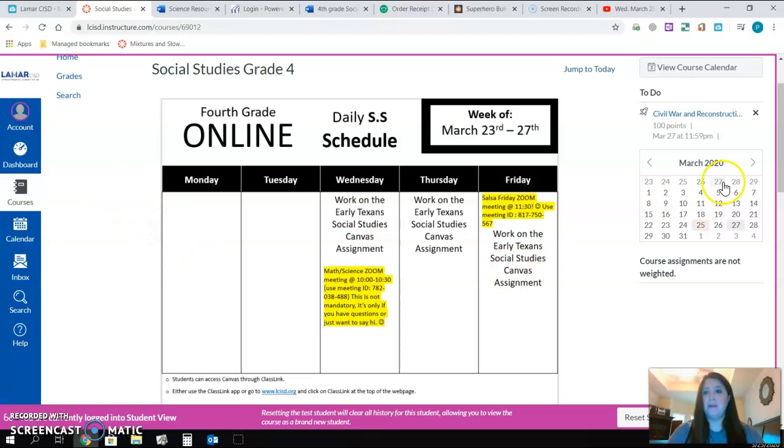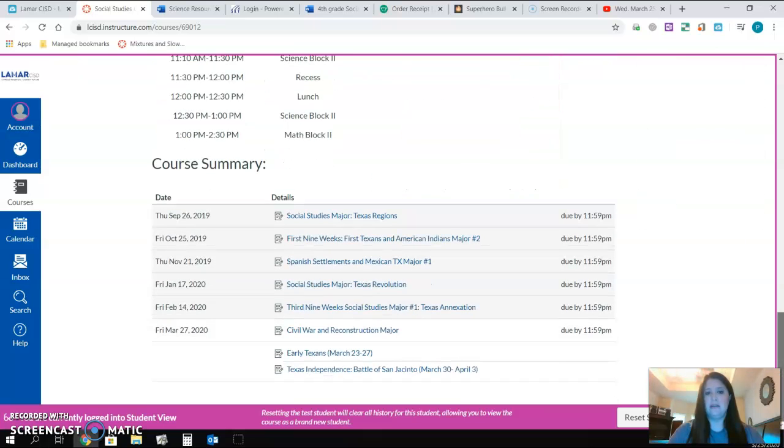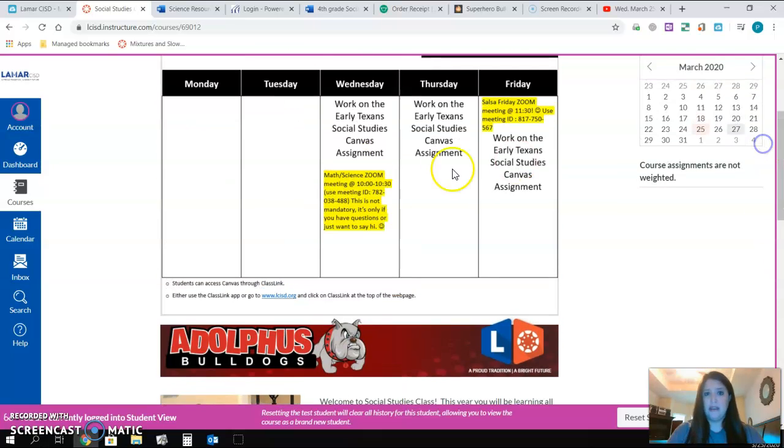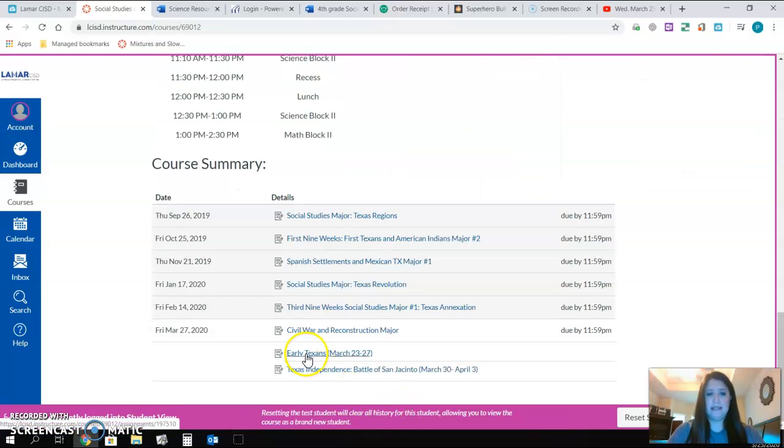If you go back up here, you're probably thinking, okay, so where is the assignment? If you scroll all the way down, here are the assignments, just like when you had to submit answers in Canvas in class. In the online learning plan, it was called the Early Texans assignment. So we scroll all the way back down, and it's right here, the Early Texans, and I even put the dates of this week on here. So you click on that,